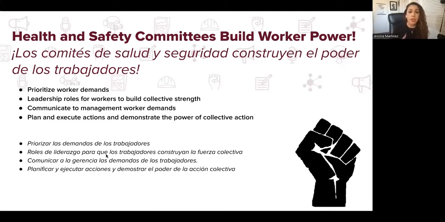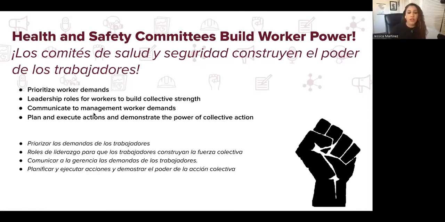It's important to note that workplace health and safety is such an important issue to organize workers around for many reasons. Workers are the experts at their job and often know the dangers and improvements needed in their workplace a lot better than management. And they are in the best position to hold their employers accountable on their legal responsibility to provide a safe workplace. Again, as I mentioned, at its core, organizing is about winning change through collective action around an issue that workers care about. With health and safety issues, a lot is at stake, even sometimes a worker's life.